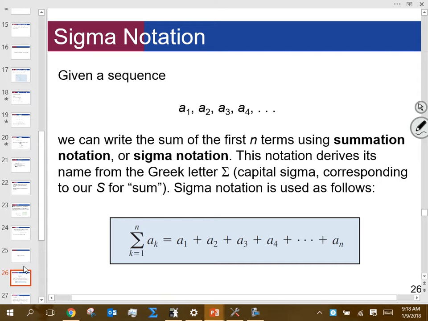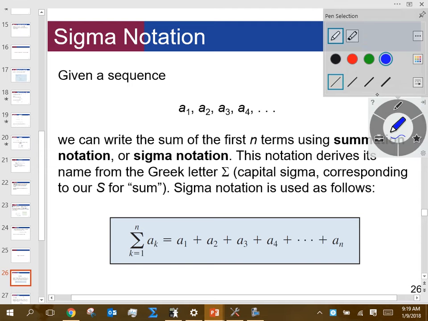And what happens is, in calculus, there are two operations. Differentiation, which is the process of finding slopes. And then there's one called integration, which is the process of finding areas. Sigma notation is kind of the introductory foundational concept that allows you to do what we call integration. Just to give you a quick rundown of why we talk about sequences and why we talk about summations, it is gearing us towards